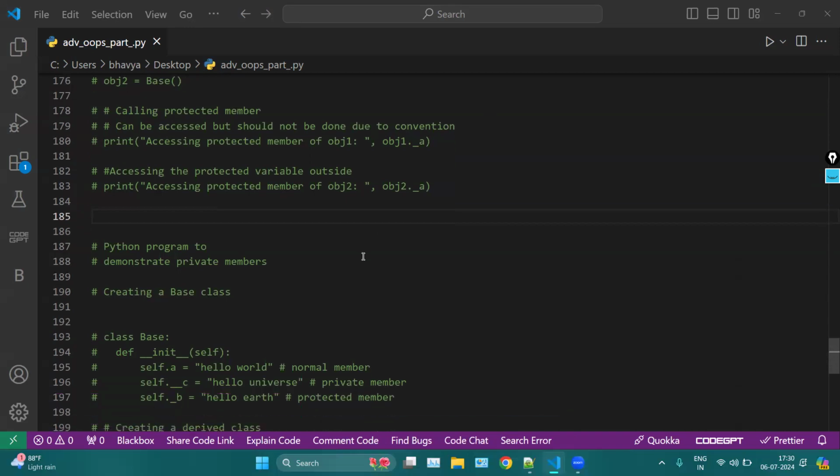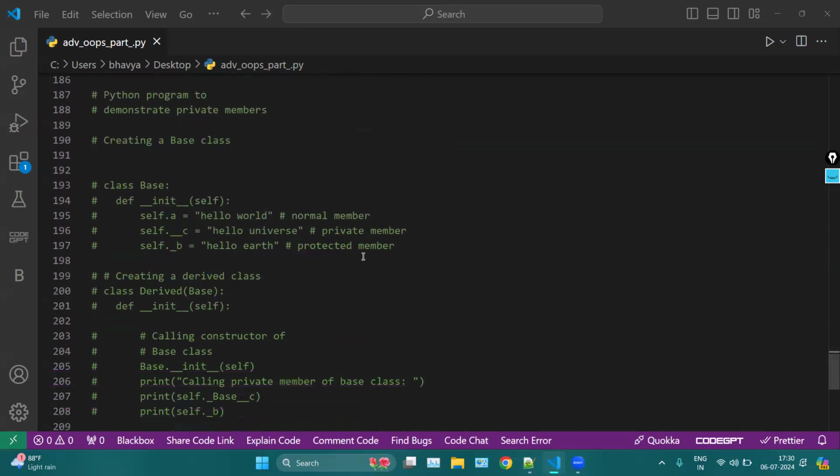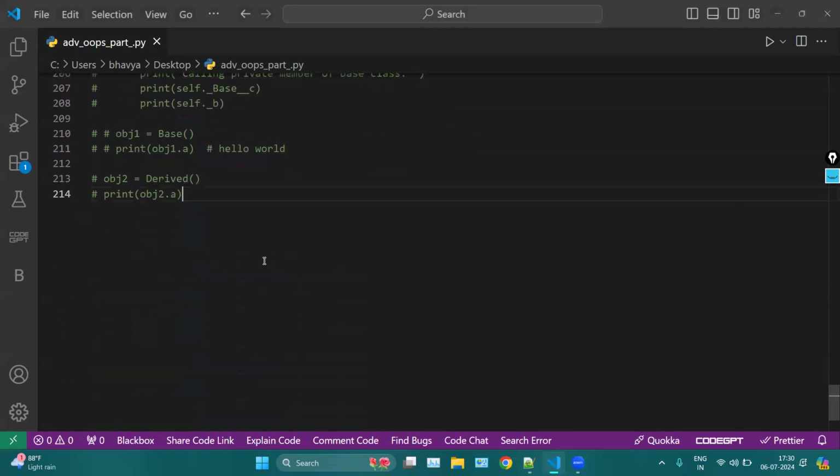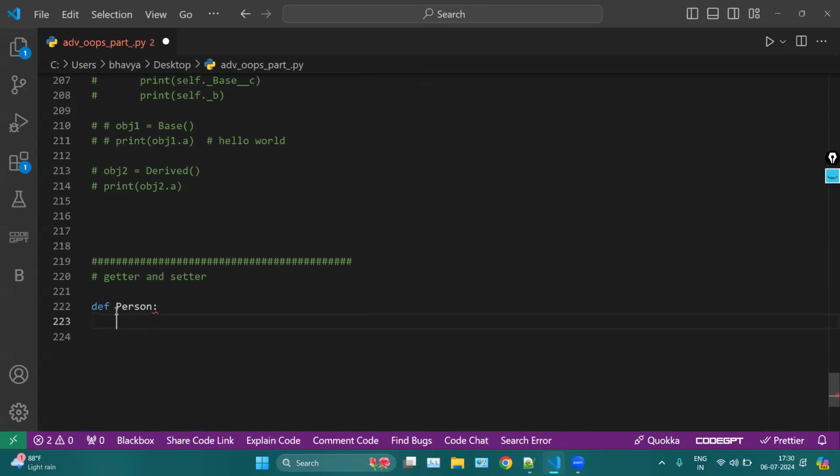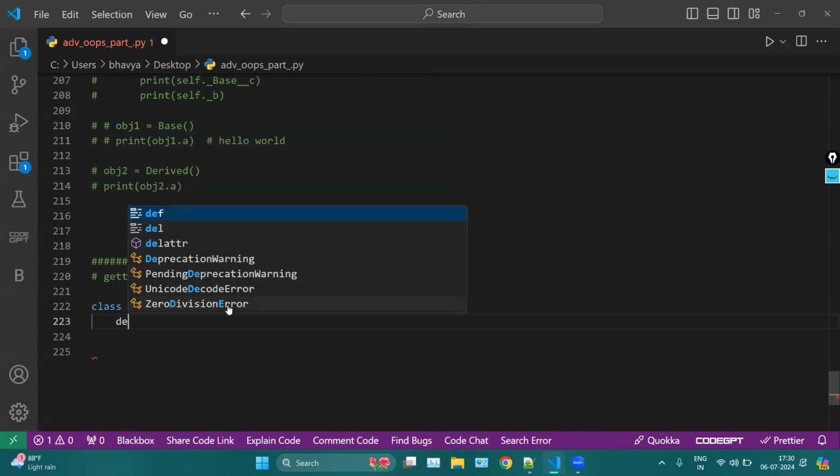Now we have this private member. A private member cannot be accessed. Let's create a simple program here, where we can understand about getter and setter. Let's say we have a class first. In this class,